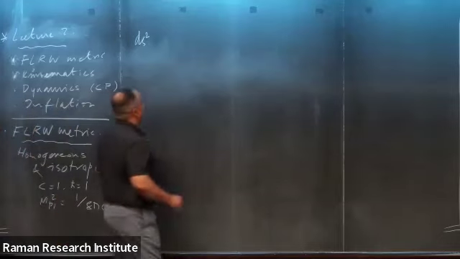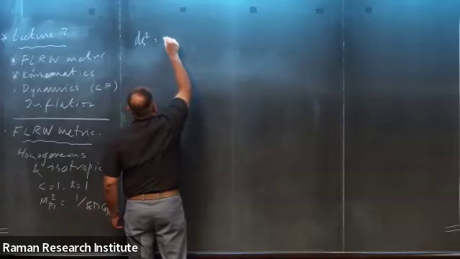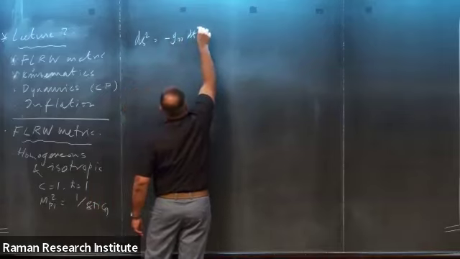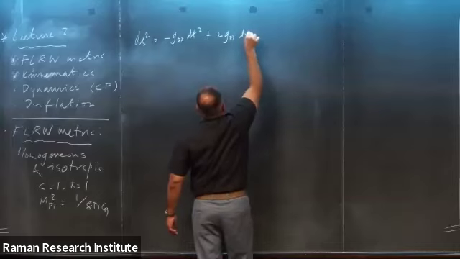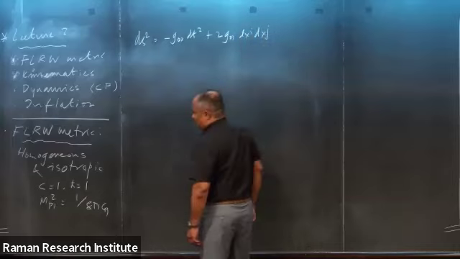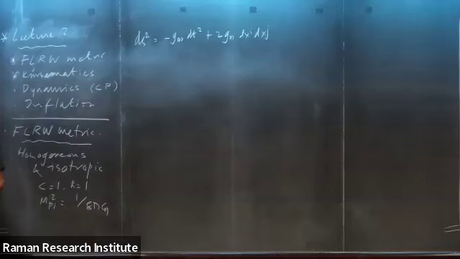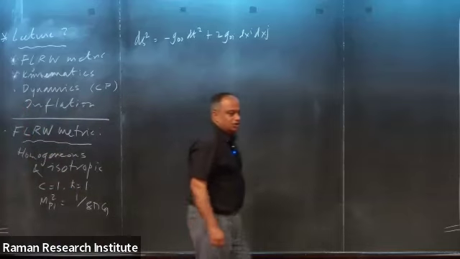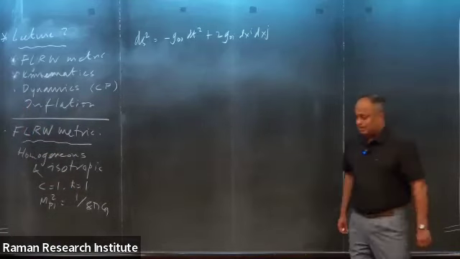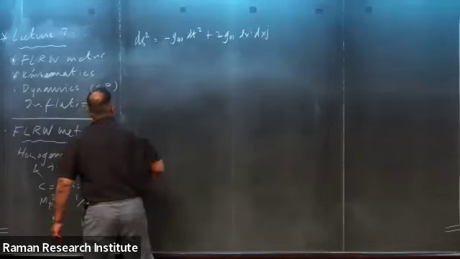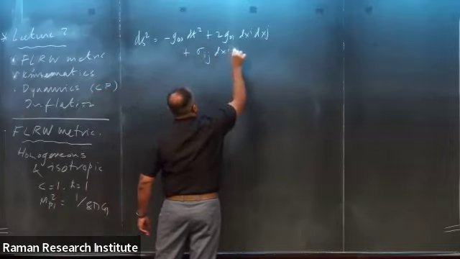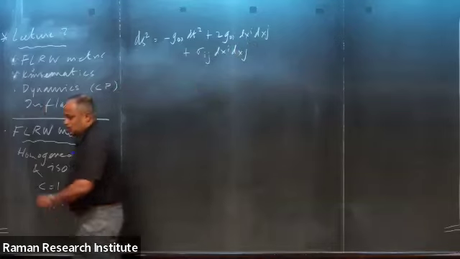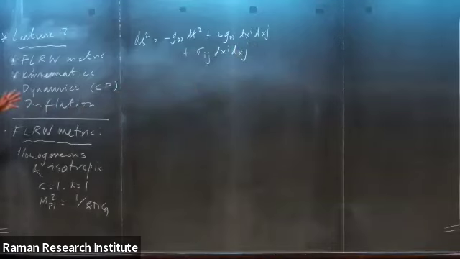So we are writing down this metric. Consider the most generic form of the metric. Let me write minus g00 dt squared, right? And then plus some 2 g0i dt dxi. Another convention: mu, nu will go from 0 to 3. The Greek indices go from 0 to 3, and the Latin indices will be from 1 to 3. So this is the sum over the spatial part. And then you have a spatial metric sigma ij dxi dxj. This is the most generic form of the metric that I can write down.